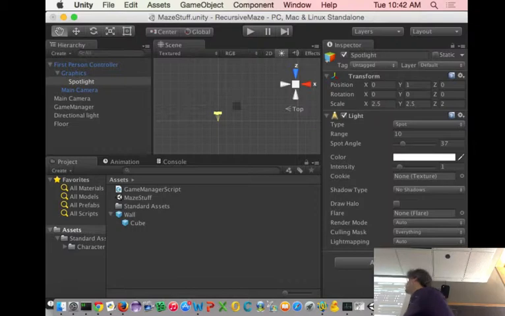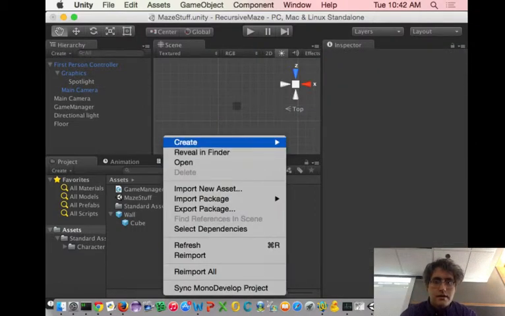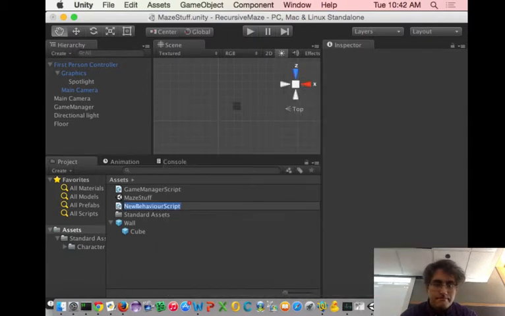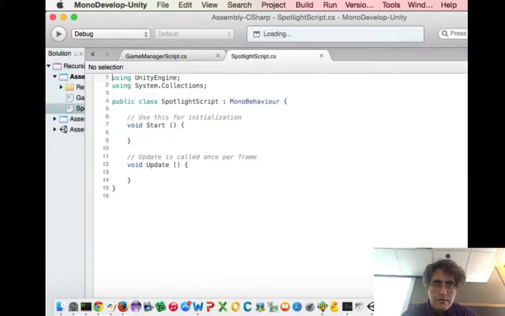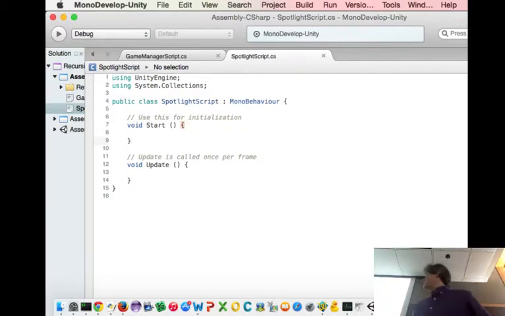Let's use a key script. Let's attach a script to this light. I'm going to make a new script. Spotlight script. Open it up. Again, empty. But instead of the start, I need to do something in the update. Every instant that this game is run, let's check for something. So here's what we're